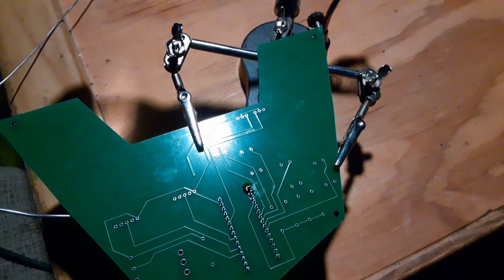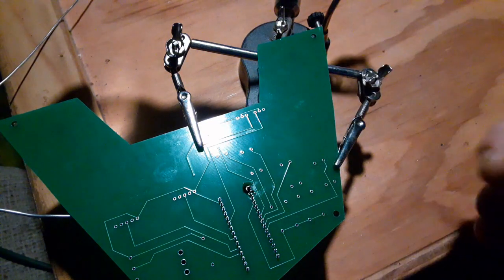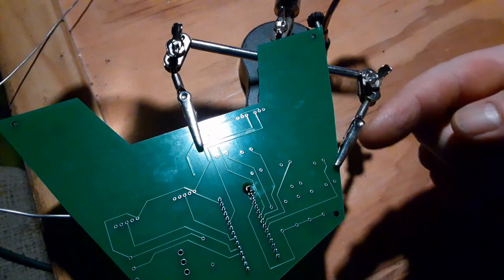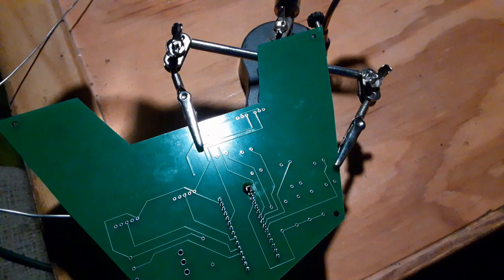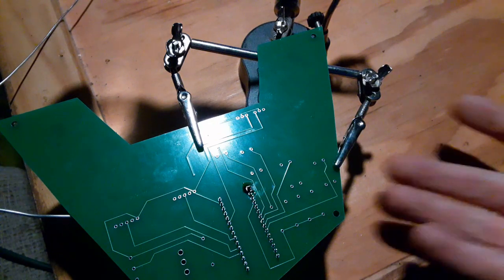So now that I've gone over those a couple times, I'm going to get the camera out of my way and do a few more solders, because there are 78 pins to solder, 78 things to solder. Almost all of them are header pins like this. The resistors are a little bit different, so why don't we go ahead and do a resistor real quick,